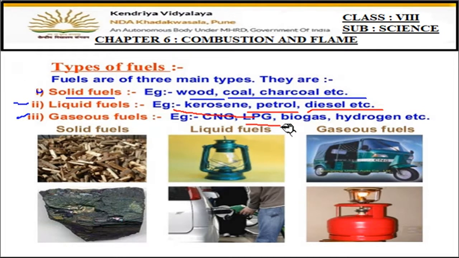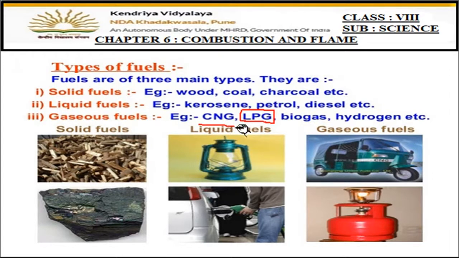Okay, LPG, liquefied petroleum gas, which we use at our home for cooking. In cylinders it is in liquid form, liquefied, as the name suggests. But once you start the burner, it comes out in gaseous form because it comes from a small nozzle, and when it comes out it spreads and converts into gaseous form. So LPG, CNG, compressed natural gas, is also a gaseous fuel. Then biogas, hydrogen, they all are gases which can be used as a fuel.